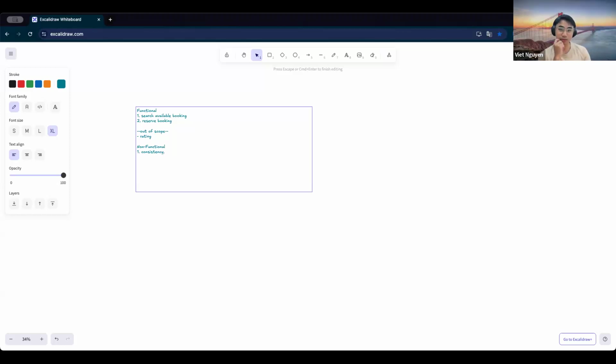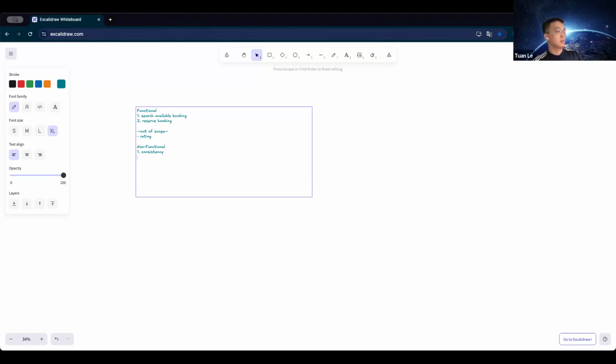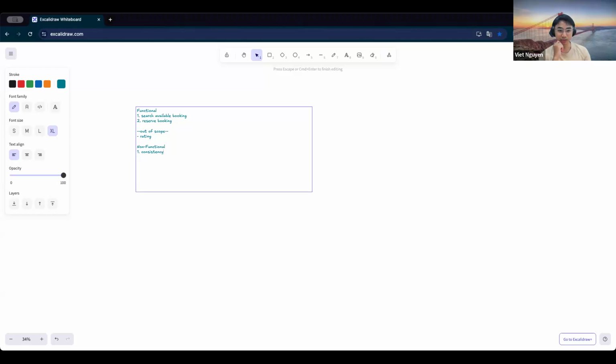Yes, we don't allow that. And do you have any suggestion on that? If we don't allow that, what is your suggestion for the user flow to avoid it?